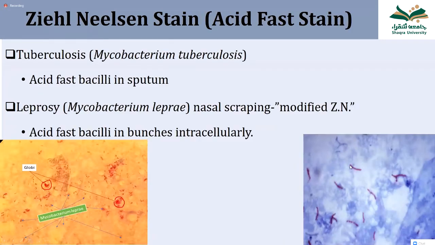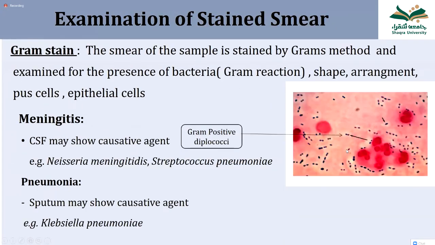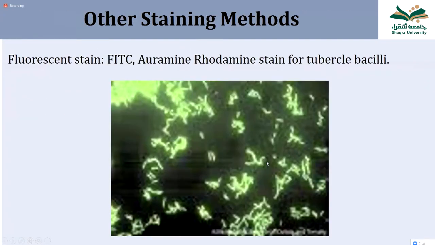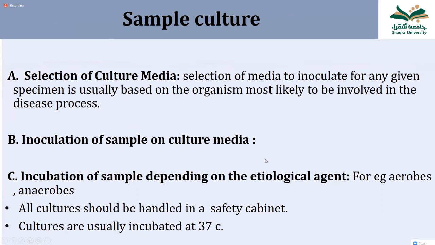But in staining you cannot say which bacteria this is, because the same shape is found in many bacteria, not only Streptococcus pneumoniae. So we don't know the name of the bacteria, number one. And we don't know which antibiotic will be effective against this bacteria. These 2 specific answers can only be given by culture. Although it takes time, it will tell everything confirmatory.